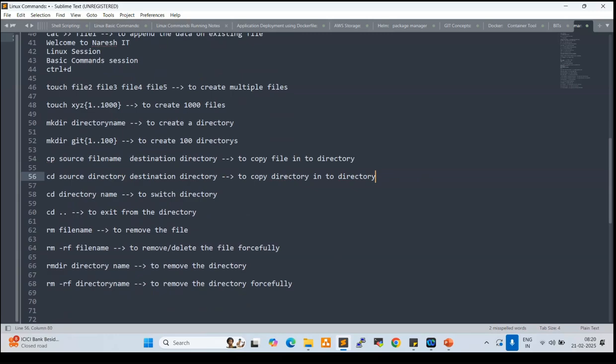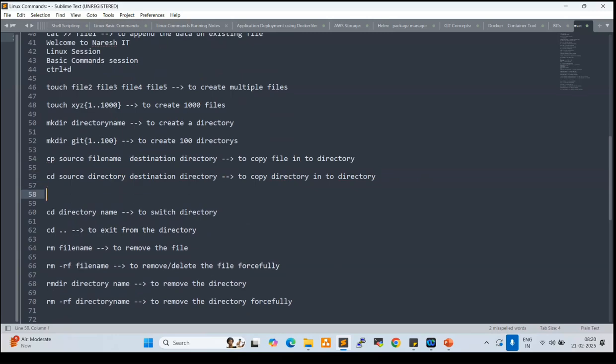Copying is fine, but there are two commands available, copying and moving. What is copy and what is moving? Anyone having an idea? There is a difference. Copying means the file will be available in the source place and also the destination place. But when we use the move command, mv, the file will be completely moved from source to destination, just like copy paste versus cut paste.